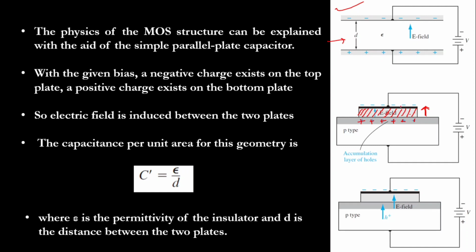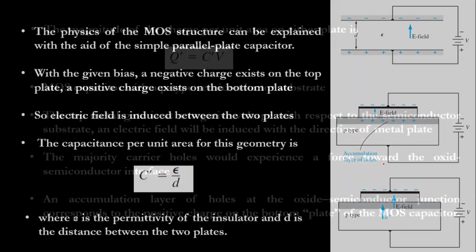So it looks similar to this diagram. Negative charge is accumulated on one side of the plate and positive charge on the other side, separated by the distance d, which is nothing but the thickness of the oxide layer. So this will act as a capacitor, no doubt about that. What is the capacitance value? Capacitance is epsilon divided by d, where epsilon is the permittivity of the oxide layer and d is the distance. That is what I would like to explain about the MOS capacitance.